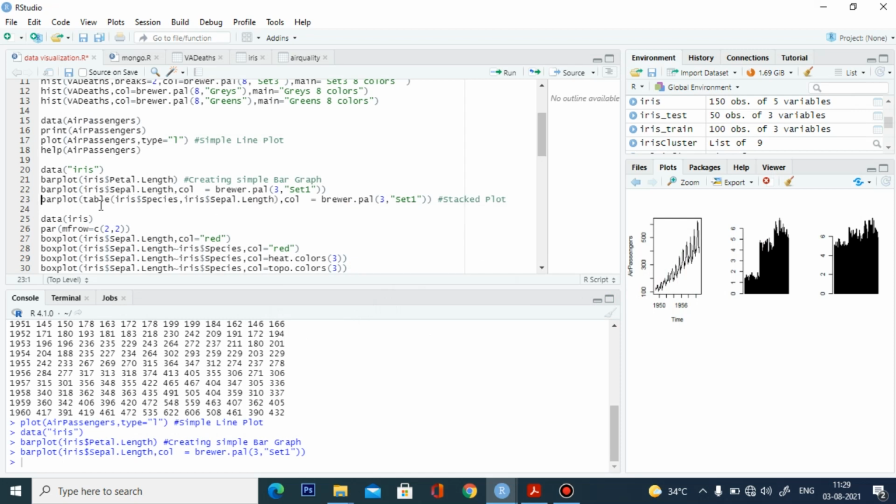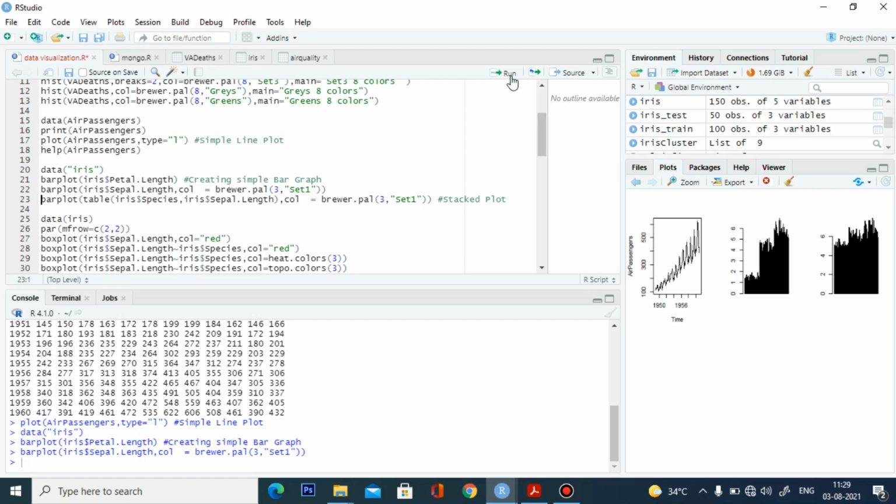And the third is a stacked plot, which is used to identify the different categories over the data. Here we are introducing 2 variables. One is species. Based on the species, the sepal length is going to be shown in our bar plot. This is called a stacked plot.